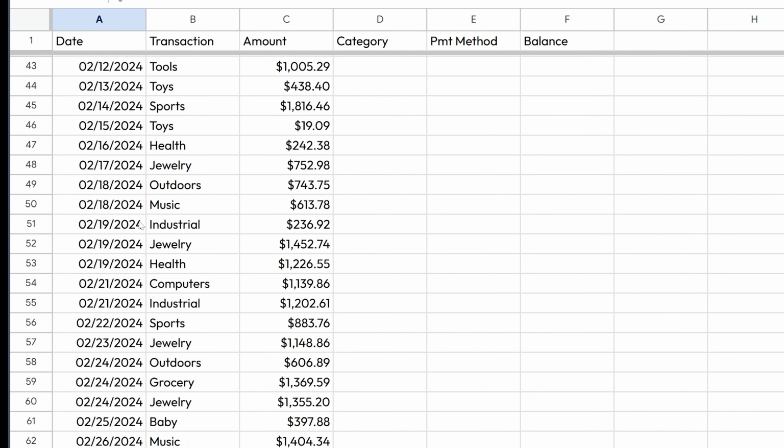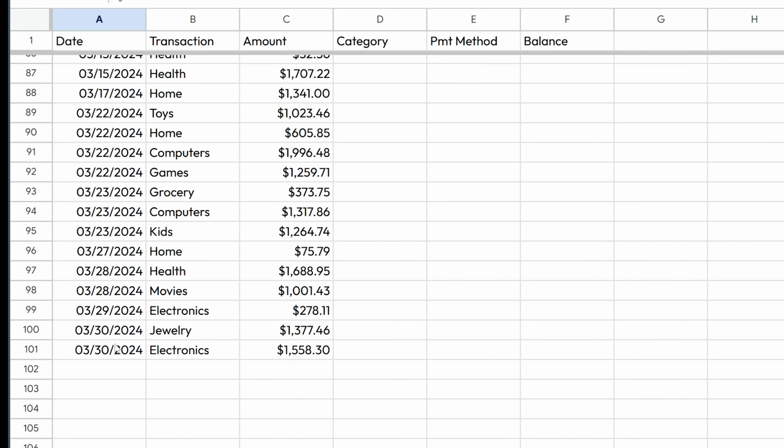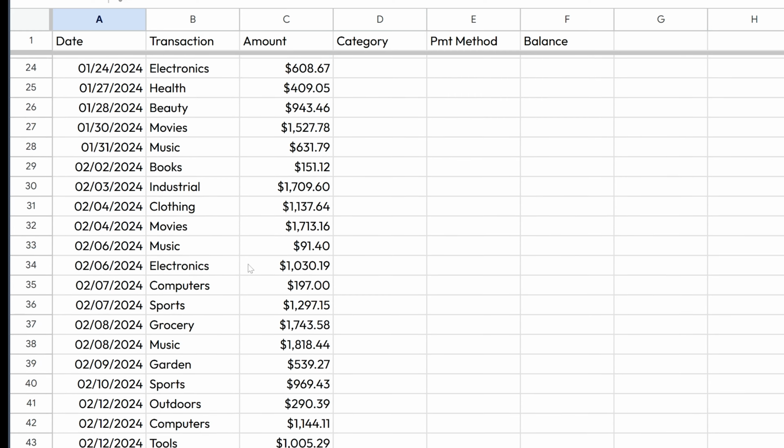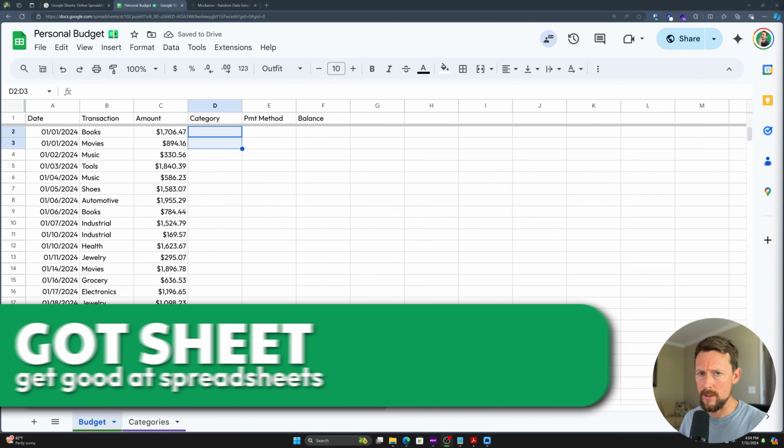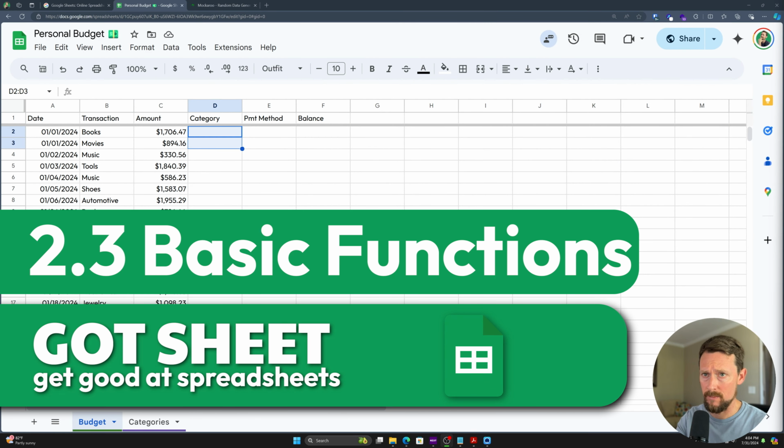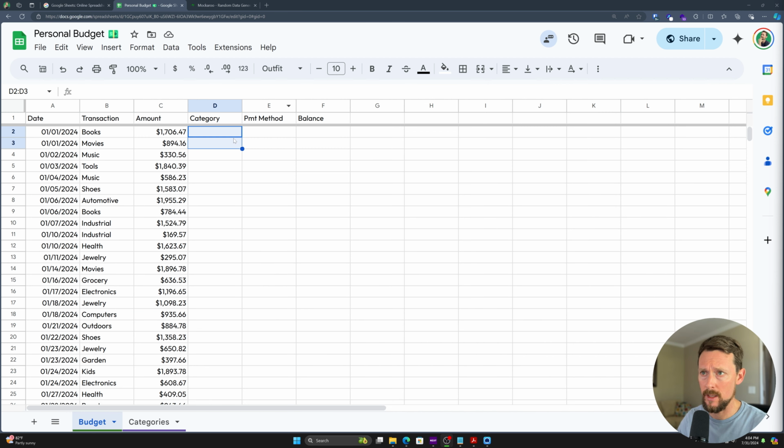So now we've got everything from January through March 2024. And those are all in order. So now we're good to go in filling out the rest of this sheet. Before we start doing some more advanced stuff and finishing out the rest of the build here, let's just talk